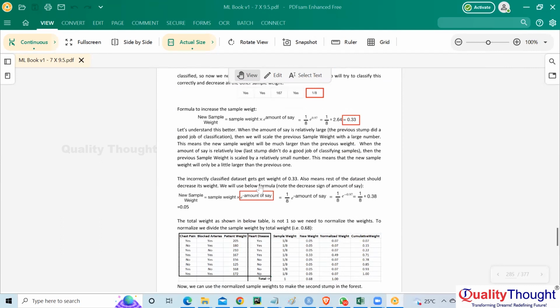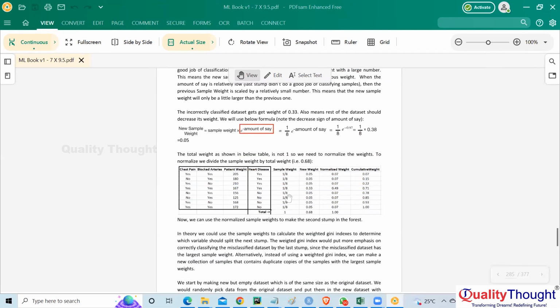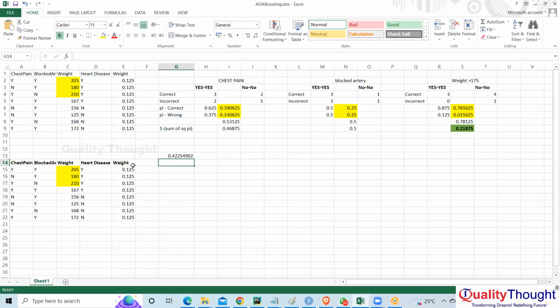Now this was the previous value. We added a sample weight. How did we calculate the new weight here? So coming back to our table, this is 1 by 8, the first weight. Your new weight is going to be the sample weight. This is the old weight, right? New weight is old weight into e to the power